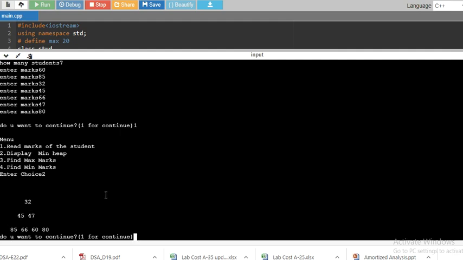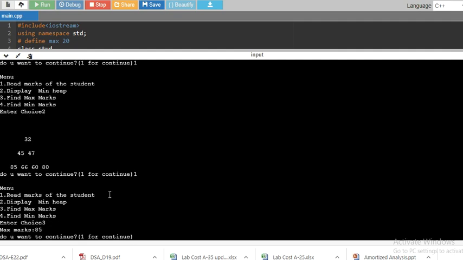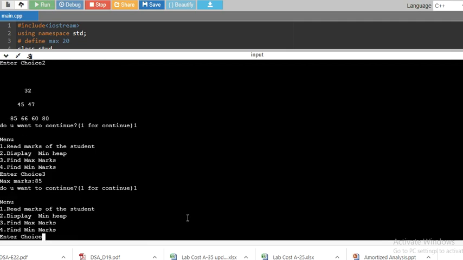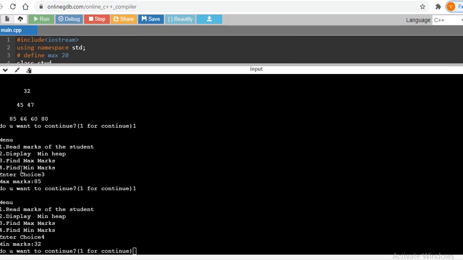After that, if you want to find the maximum from this, I say I want to continue, and I will give choice 3. The max element from this is 85. Here it is printing the correct answer. And again, if you want to find the min, I say I want to continue, and here the choice should be 4, and the minimum should be 32, because that is the root of the heap. Here we are getting the answer as 32. So it's giving a correct answer and executing